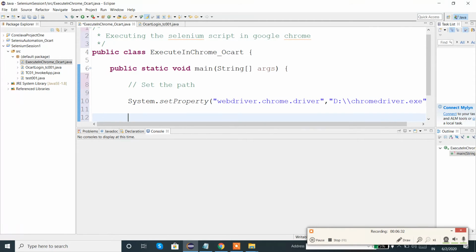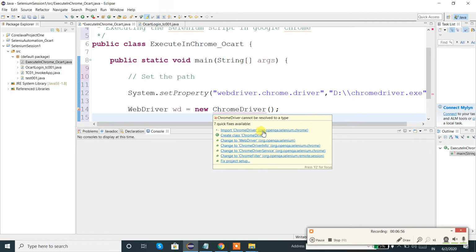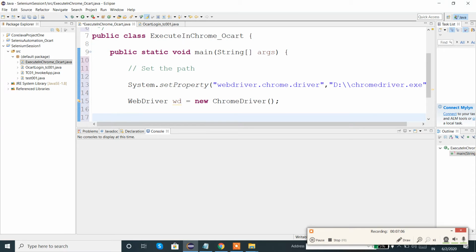So if I want to create my Selenium script, again I need to create the instance for the browser, this time for ChromeDriver. Now it will ask to import, so I am importing. Let us look at the package org.openqa.selenium.chrome because we are using ChromeDriver.